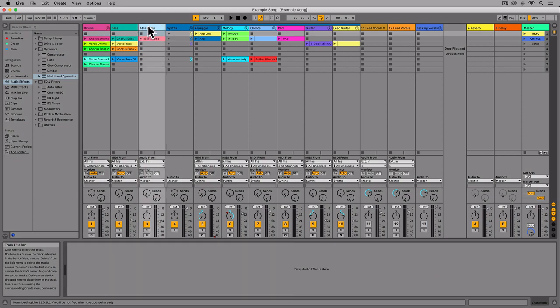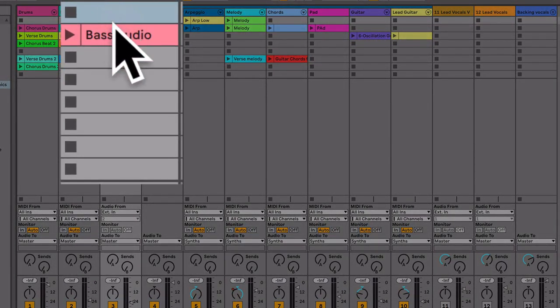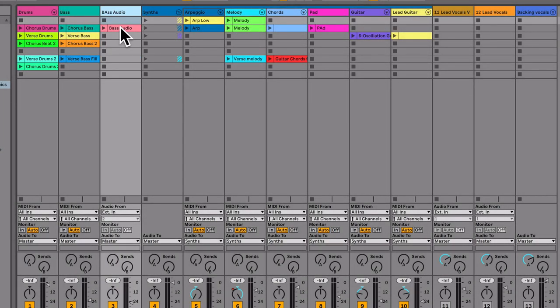Audio tracks are slightly different. They're used to play back audio samples, for example, drum loops or recorded vocals. Now, on each of our tracks, you'll notice that they have a number of these little rectangles. The grey ones are empty clip slots, and the coloured ones are clips which have been placed into a clip slot. So we create clips which hold MIDI or audio information, and these can be used to store your different